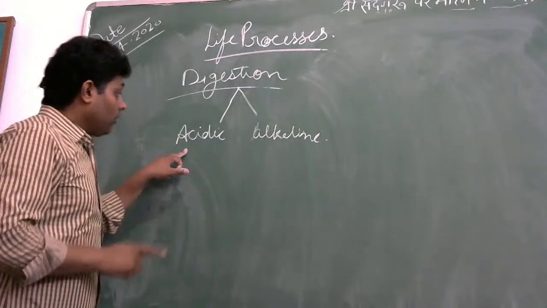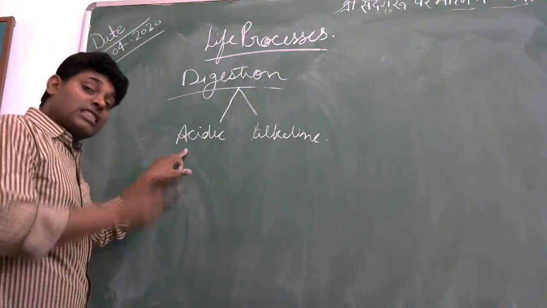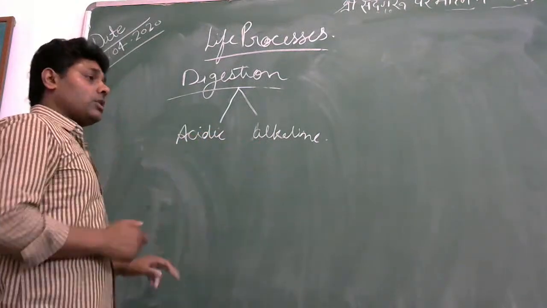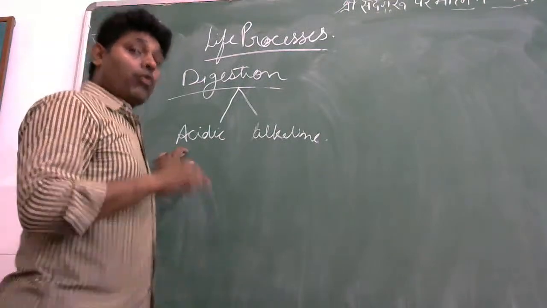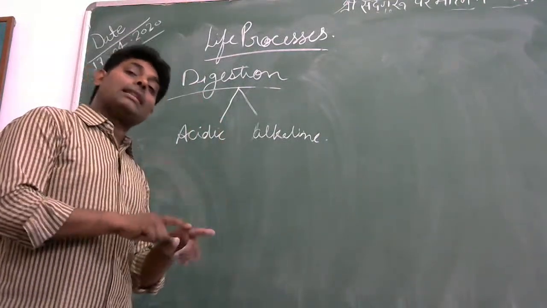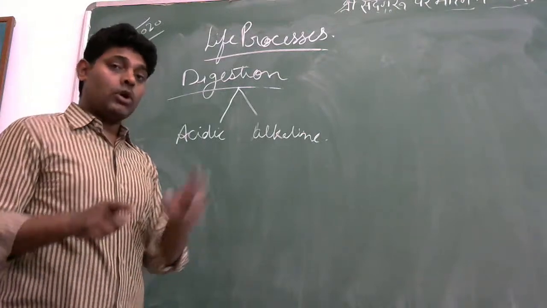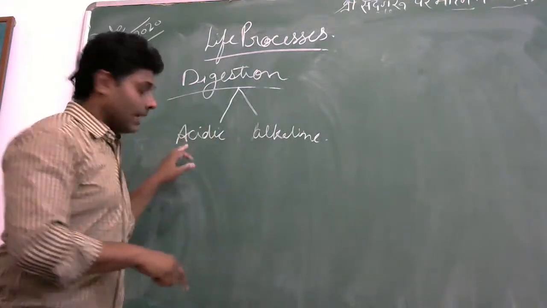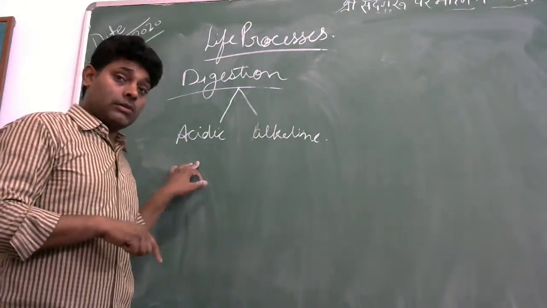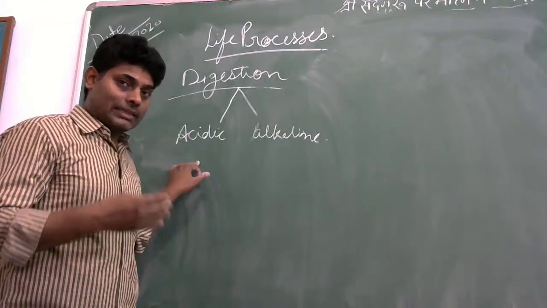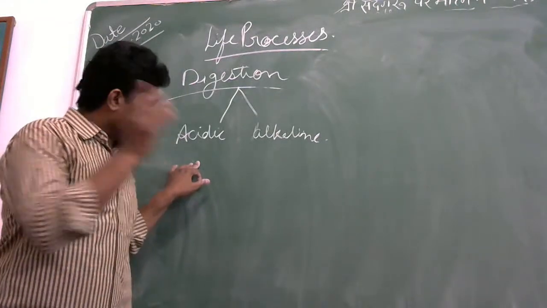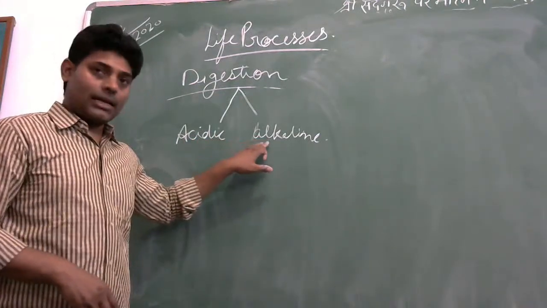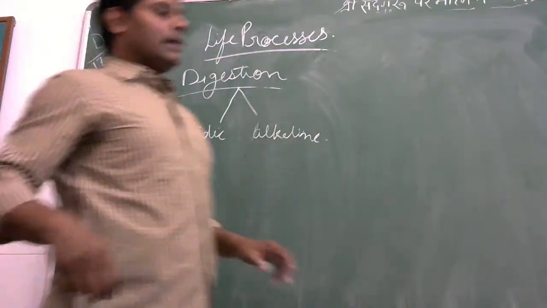Always, always the food is first digested in acidic medium and then in alkaline medium, because the enzymes work in a particular pH, whether they will act in the acidic medium or in the basic or alkaline medium. So first of all, digestion will occur in acidic medium in all multicellular organisms, whether they are Porifera, Cnidaria, or any others. First of all, food will digest in the acidic medium and then after in alkaline medium, right? In human being,